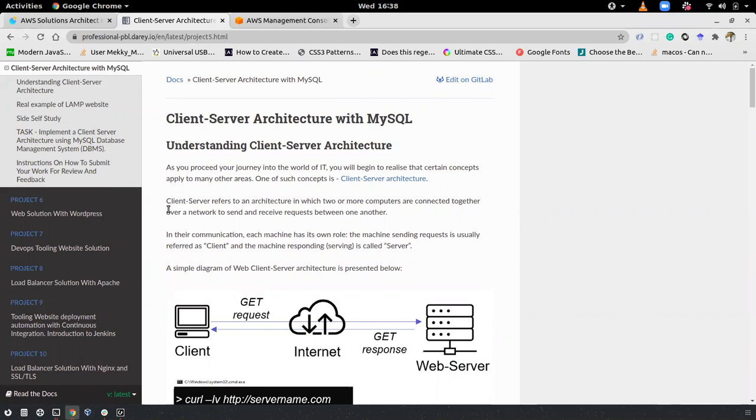If you read through, you see where it says the client-server refers to an architecture in which two or more computers are connected together over a network to send and receive requests between one another. What this is saying is that in a client-server architecture, we have the client and the server. The client sends the request and also receives the response from the server. The client would be your laptop with the browser installed on it,